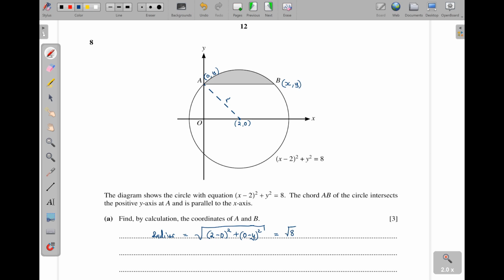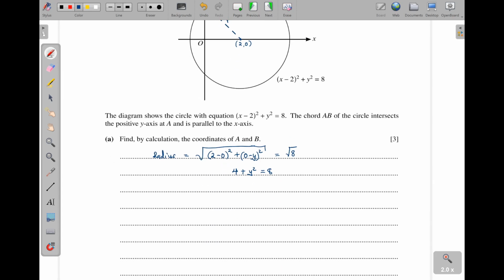When I square both sides, the square root will disappear. Then we shall have 2 squared, that is 4, plus y squared, equal to 8. Then y is the square root of 8 minus 4, that will be 4, and then we get plus or minus